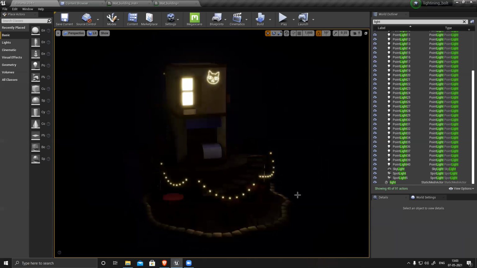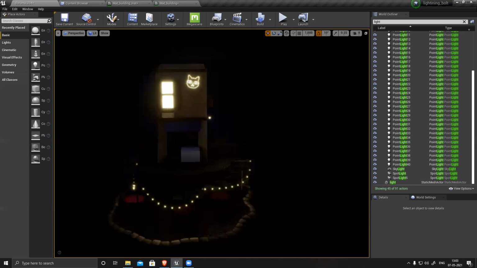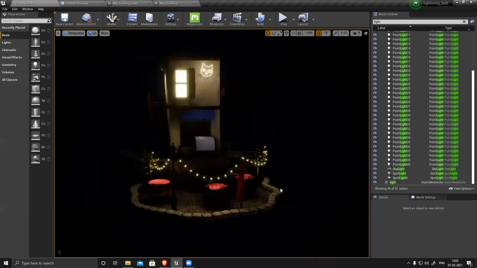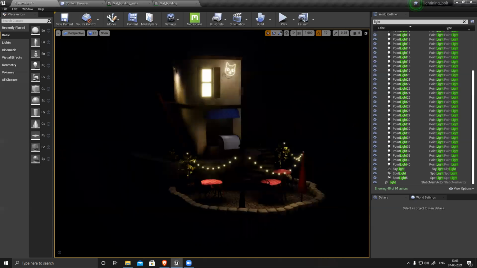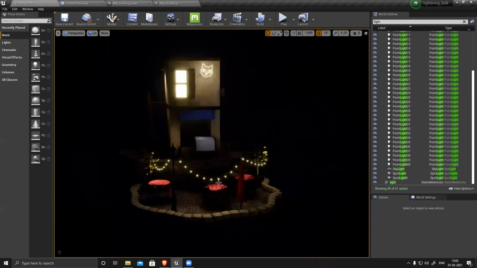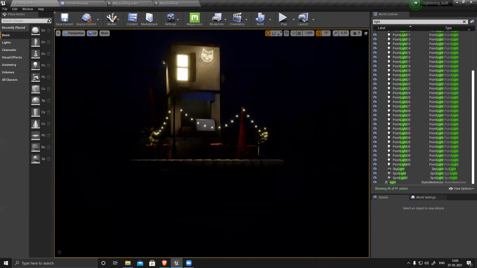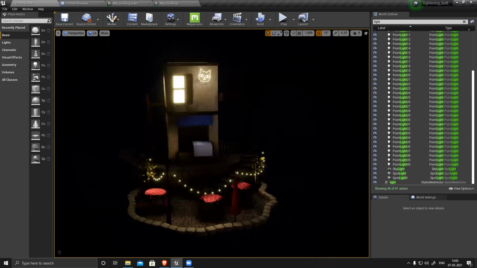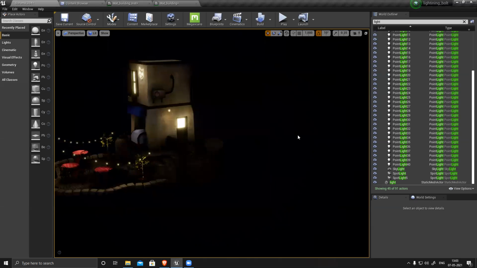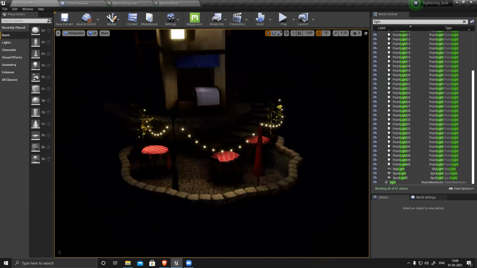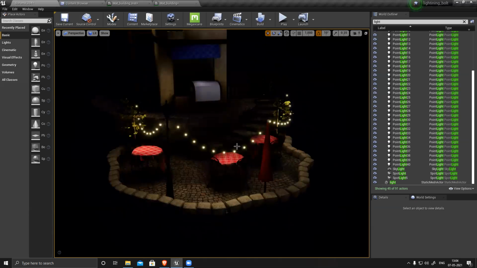So you can see my entire scene became really dark. This is my actual lighting of the scene. That means I need to increase the intensity of all these lights and the interior lights and everything. So everything is, you can see, quite dark. Now I have to modify everything, because once you bake, you'll see the actual lighting. Now I have to modify the lights and increase the intensity overall.